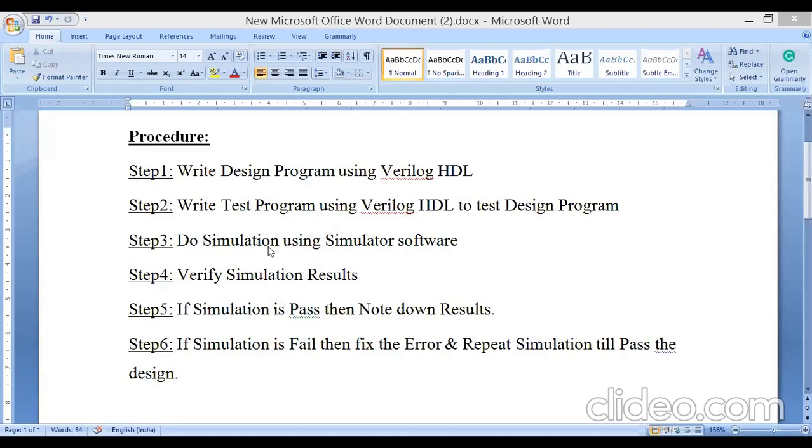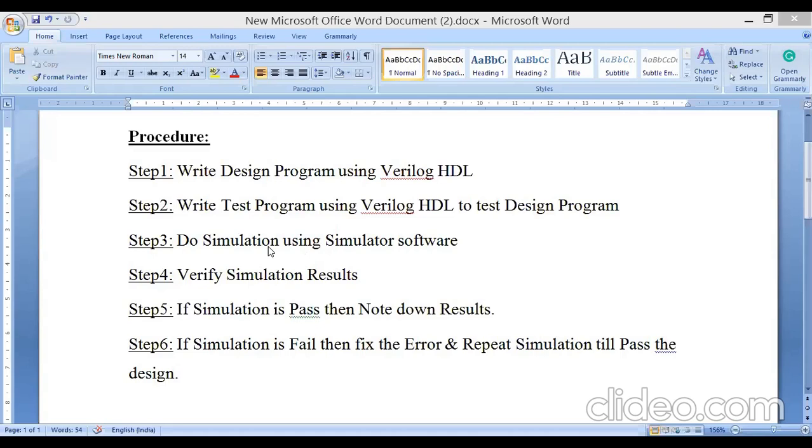This is also called functional verification of the design program. By using a test bench, or test program, we are verifying the functionality of the design program. Once again, what is simulation?